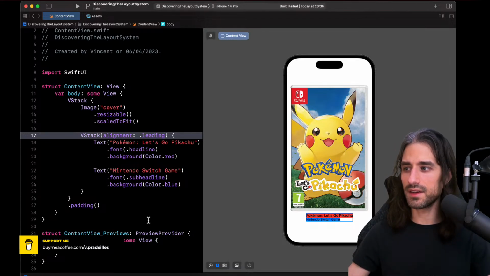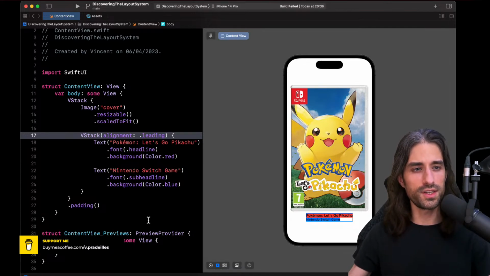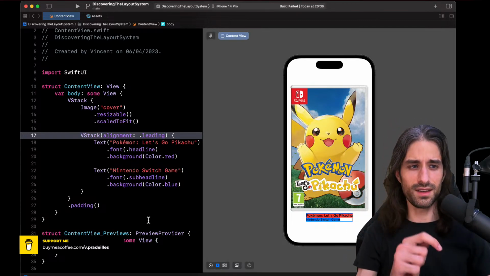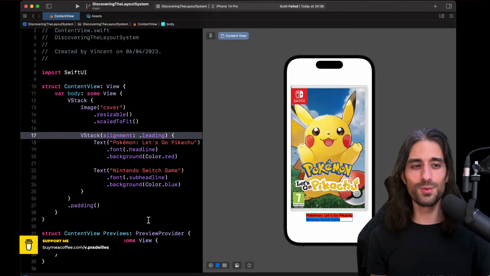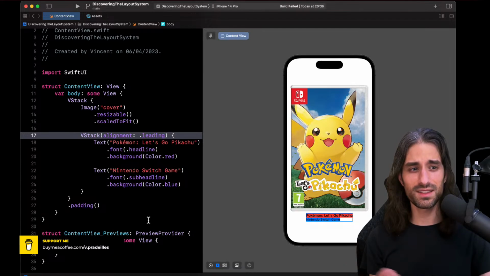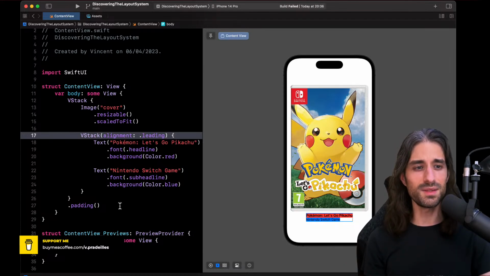Now I want to add a new thing. I want to add a grade and evaluations. On the e-commerce website, you often have, how do you say it in English? It's not a grade, it's like the 0 to 5 stars. I don't know how you say it in English. A note, basically, not really a note, a grade. I'm not sure what the name is in English, but we want a rating. That's the word I was looking for, a rating. We want to put a star rating, so from 0 to 5 stars, and we're going to implement it using SF symbol. So yes, rating was the word I was looking for.